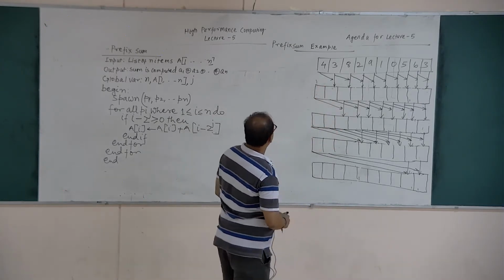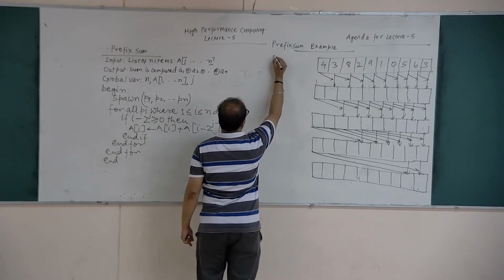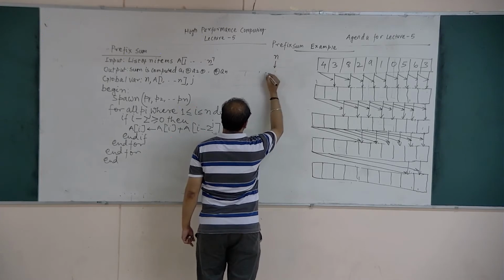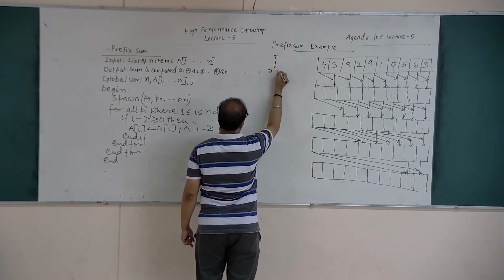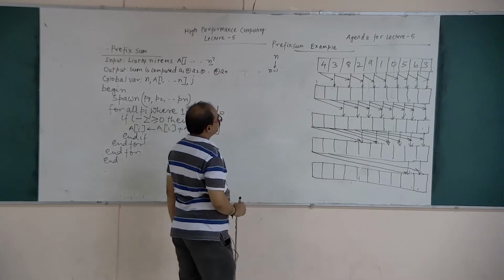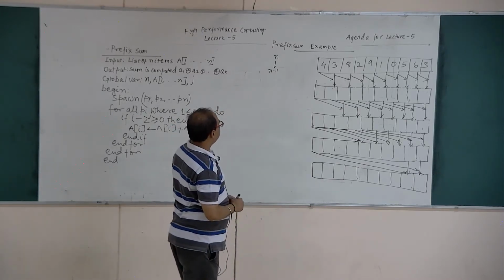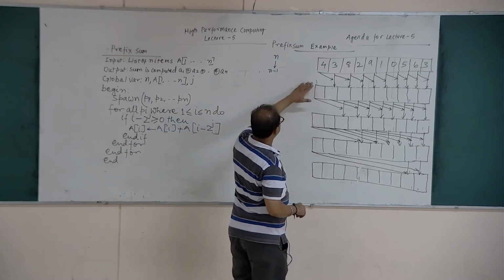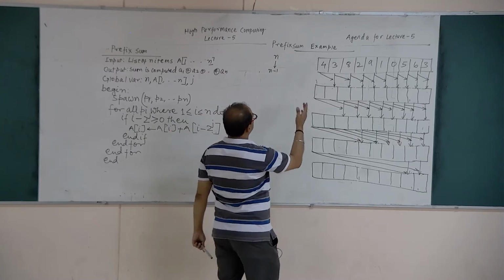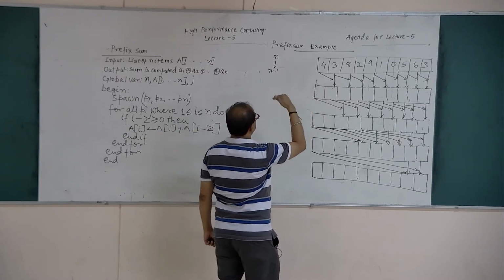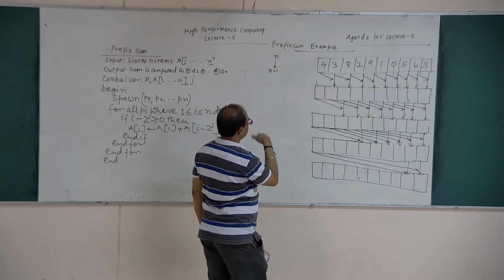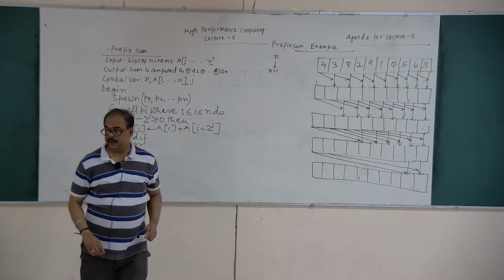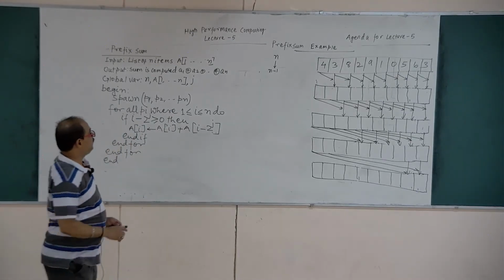So as we know, in a sequential problem, if I want to add n numbers, we need to perform n minus 1 addition steps. So you can see the n minus 1 addition steps are performed in this way. That is, it starts with n minus 1, then n minus 2, and n minus 4, then n minus 8, and so on and so forth. So here you can see how we add.